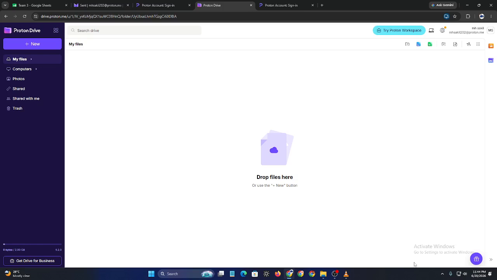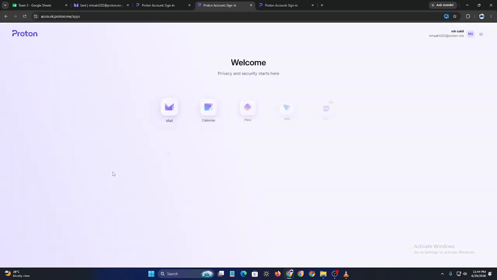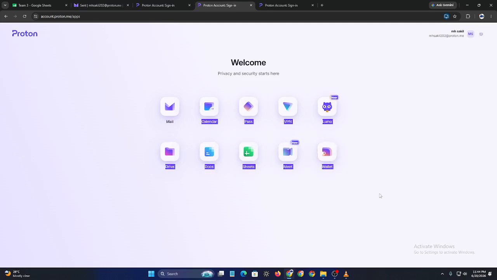If you're using the Proton Mail mobile app, verify that the app is updated. Software updates often contain bug fixes related to email composition and draft management, and that's how to fix Proton Mail